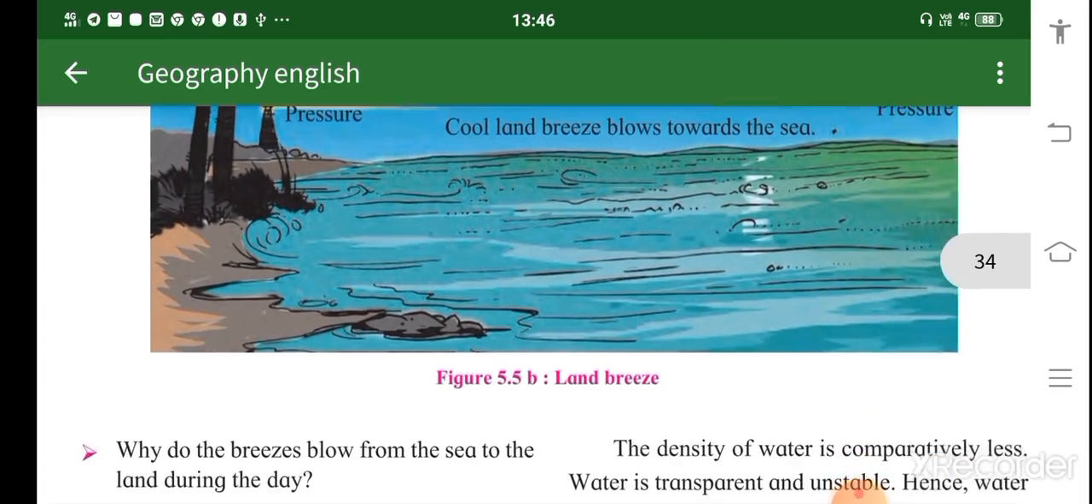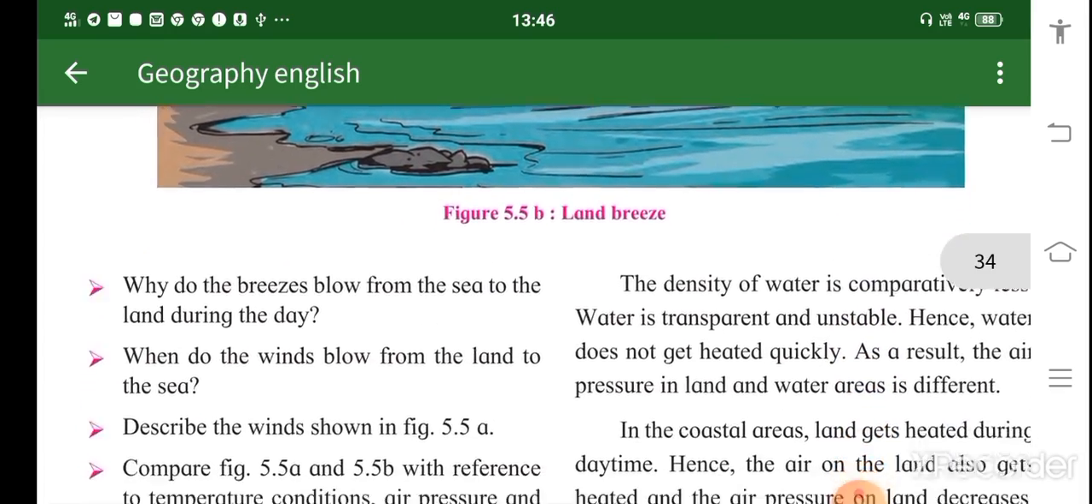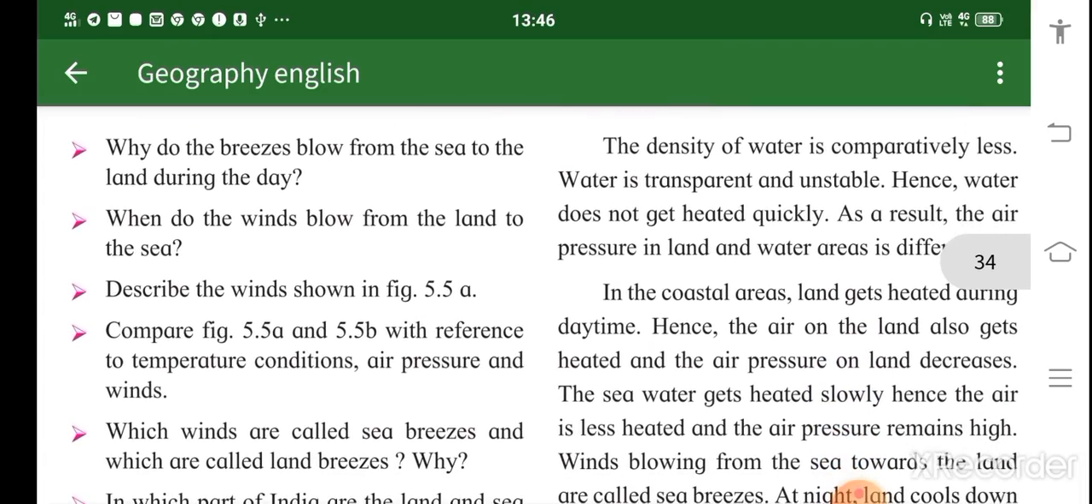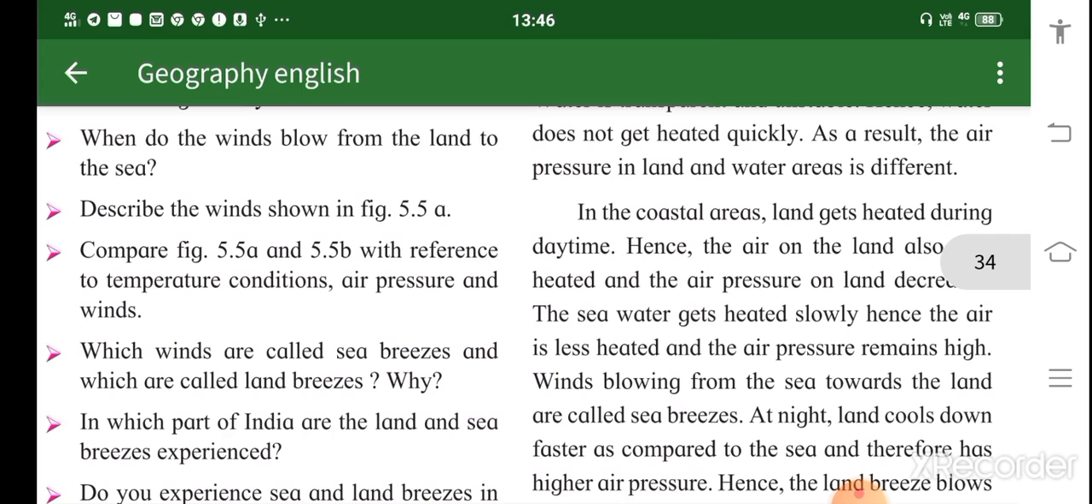So, in the textbook on page number 25, there are some questions. As I am explaining, you will listen and note down the answers. First is, why do the breezes blow from the sea to the land during the day? For this, we will use the passage over here. You will start from "in the coastal area" till you end at "high is less heated and the air pressure remains high,"